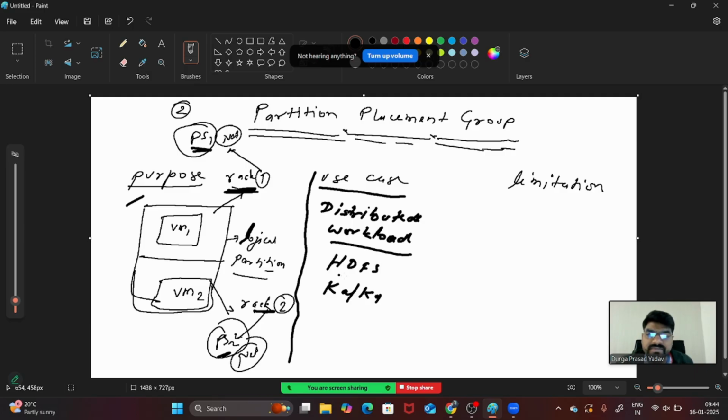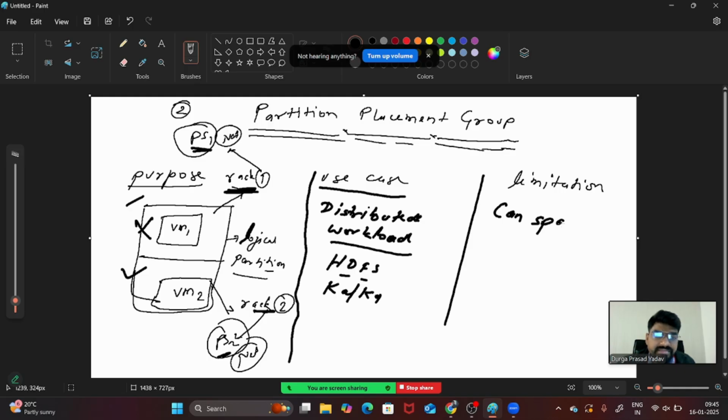Some of you might be aware of it. If there is some kind of hardware failure, you will be able to come across that failure. It means that if this hardware fails, the other one is still working. That is the purpose: to avoid a single point of failure.